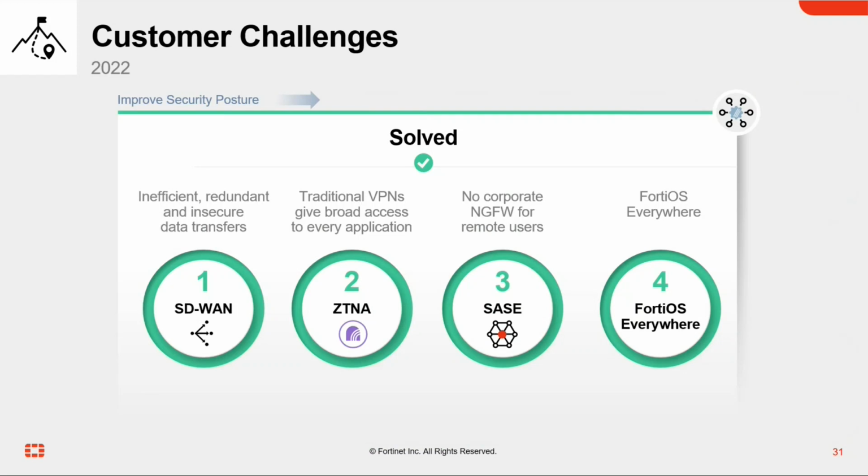So customer challenges, we've addressed the secure SD-WAN and the SD-branch element, the zero trust network access. So as opposed to using IPsec tunnels, we're essentially just using your standard TLS tunnels. Similarly, going off to a banking website, so only doing it at the application layer, so granular application control. Protecting those users when they're working from anywhere. So when those users are not in the corporate environment, we can do that with SASE. And then finally, FortiOS everywhere. So wherever the user is, wherever the application is, protecting that user and the application from those internal threats, but also these external threats at the same time.